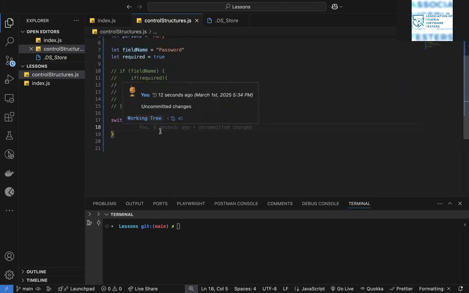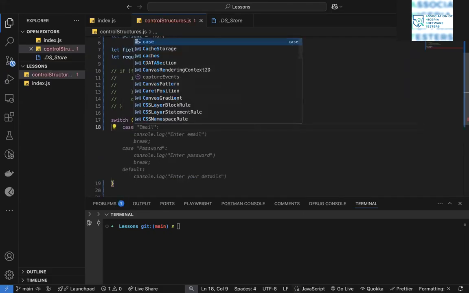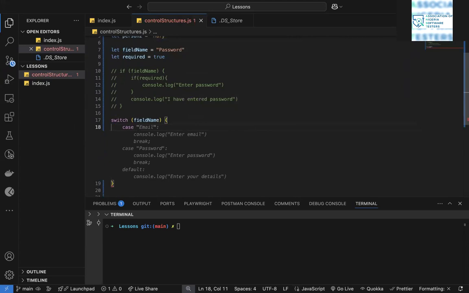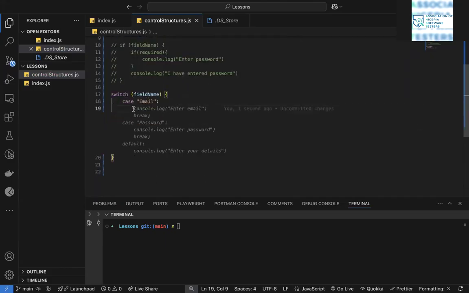And then we have the different cases. So for case 1, I have a field called email. Now, if it is email, I want to say console.log